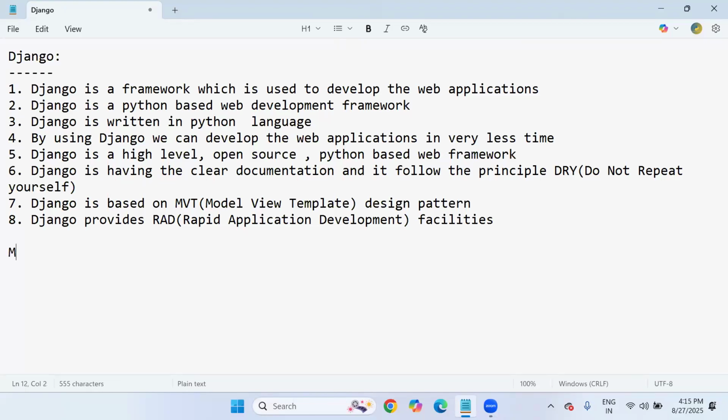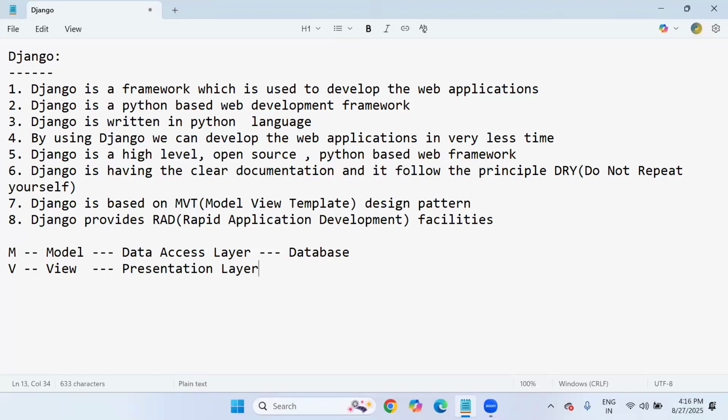M stands for model. Model represents the data access layer, meaning it is for database purposes. Next, V stands for view. There is a three-layer architecture. Sorry, it's completely wrong to call view the presentation layer.